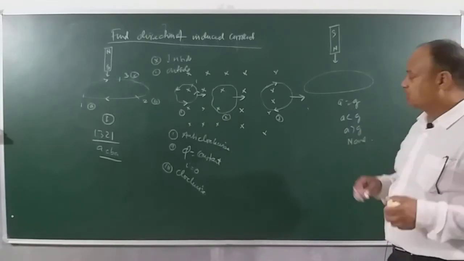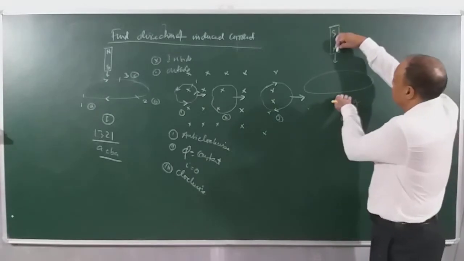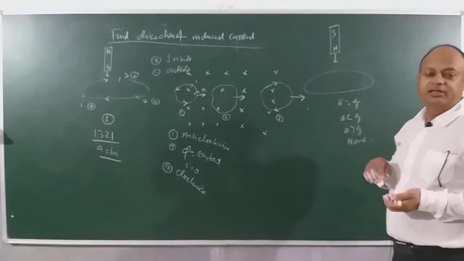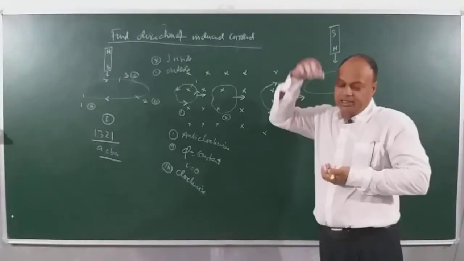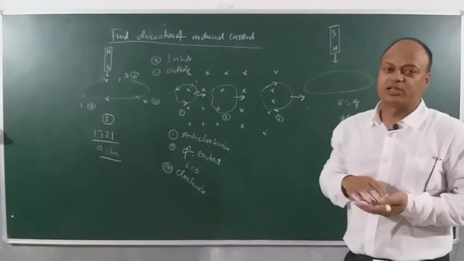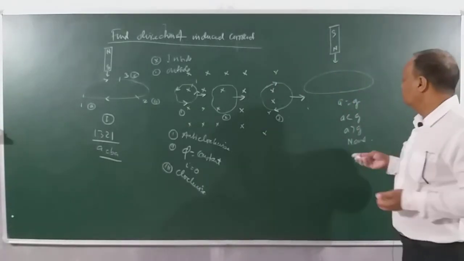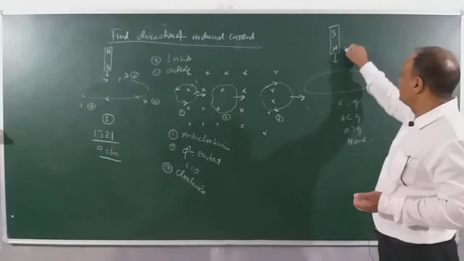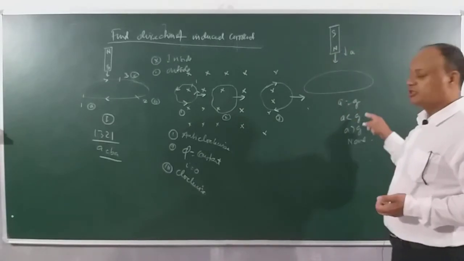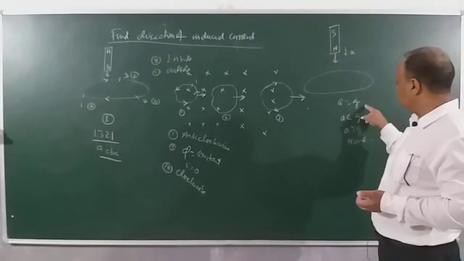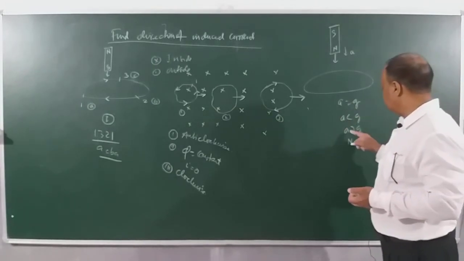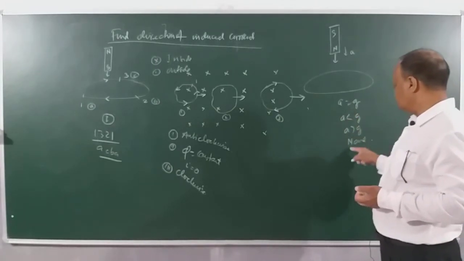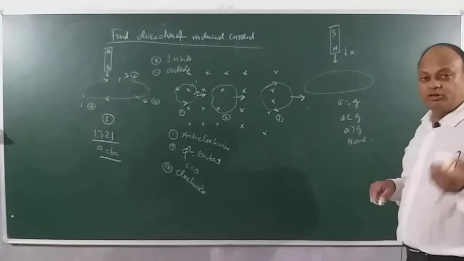Can you imagine? There is a coil here, I am dropping the magnet here. I am allowing the magnet to fall freely. Generally, when an object falls freely, its acceleration will be equal to what? Acceleration due to gravity. That is the definition of free fall. But they are saying if the acceleration of the falling magnet is a, then which of these conditions is correct? a is equal to g, less than g, more than g, or none of these? What will you give as the answer?